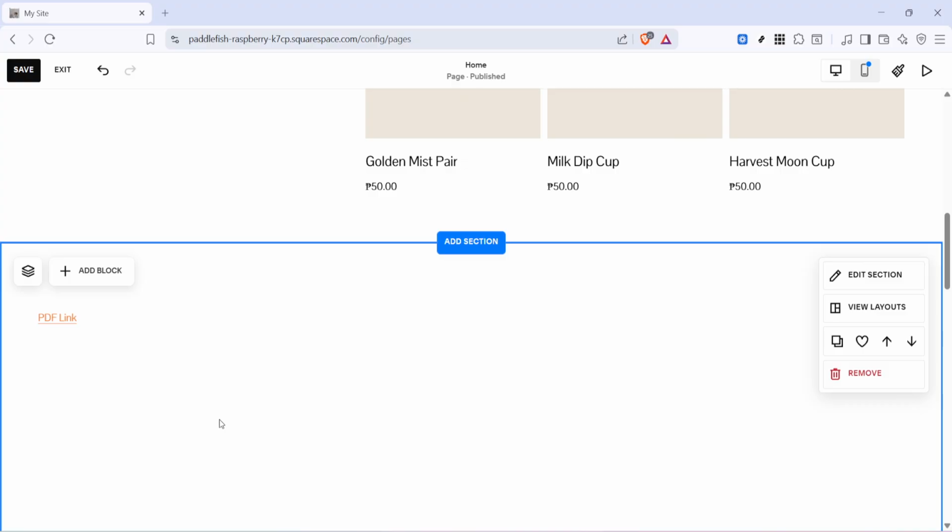Quick tips: the PDF needs to be under 20 megabytes to upload directly. If your file is larger, you'll need to host it somewhere like Dropbox or Google Drive and paste that external link instead. Also, that /s/ URL Squarespace creates can be copied and used anywhere else on your site: navigation, menus,